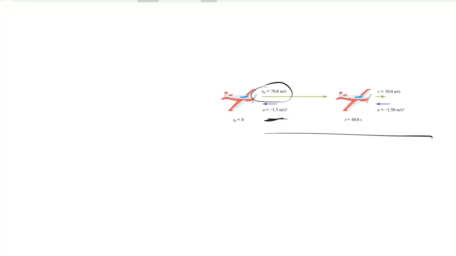So we can say here that it's obviously slowing down, right? And actually, sorry, we can figure out our coordinate system based off of the values here. Clearly, a positive x is to the right, and we'll just assume a positive y is upwards here. Okay, so it started out with an initial velocity of 70 meters per second and an acceleration of negative 1.5